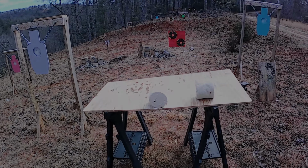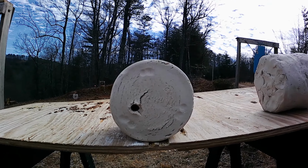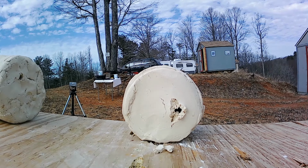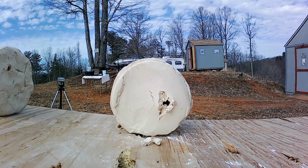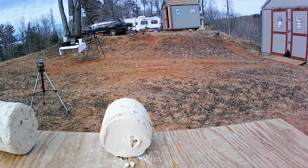All right, y'all, let's see what we got. I'll be honest with you, this is surprising me from what I'm seeing so far. There's the entrance on our Magnum. And there's the exit. Now, y'all might not be able to pick it up in this picture, but I believe internally there's probably more damage, and we're gonna pull it apart and see. But that looks like it came out in the back a lot more, because this one was the